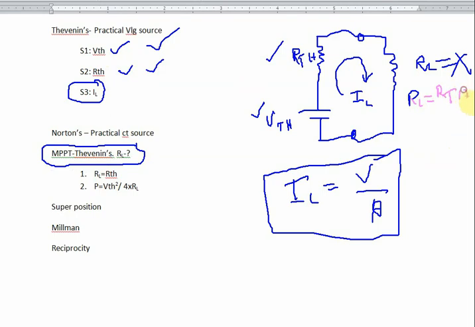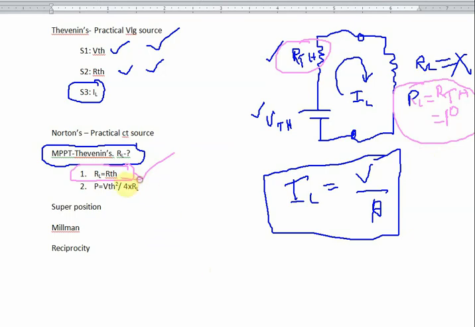Just substitute. Suppose your RTH is 10, the same 10 you substitute, that's all. About that RL you will find out. So RL, this is called the maximum value tracking method. Maximum value you go to tracking method. That's why it is written RL is equal to RTH. The first determination is completed.